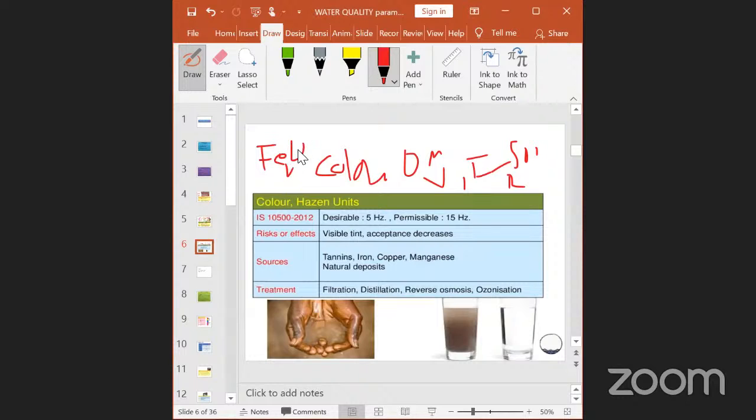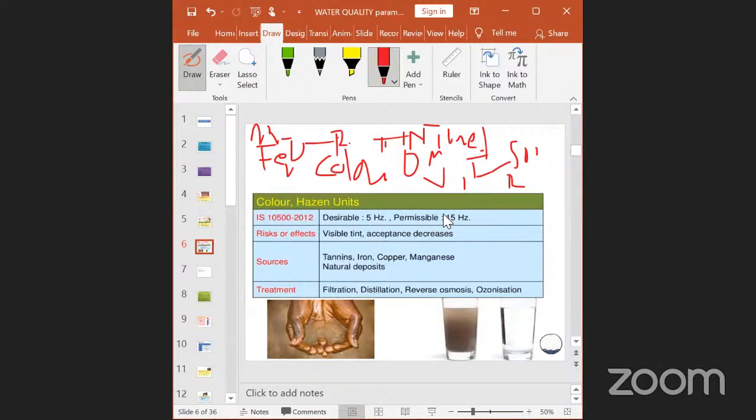So iron oxide gives a reddish color, right? And manganese oxide, MnO, gives a black or brown color. And also some humic acid gives a yellowish-brown color. So color is measured by the tintometer, TINTOMETER, right? So the guideline value, the maximum acceptable level